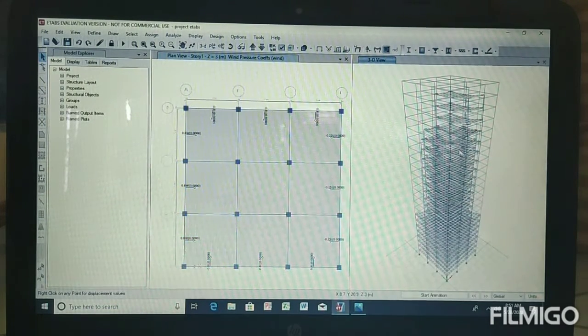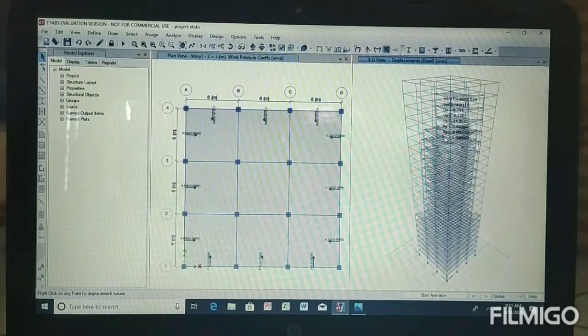And here we can check the displacements by clicking any one of the beams or floors, so that we can check the displacement here.